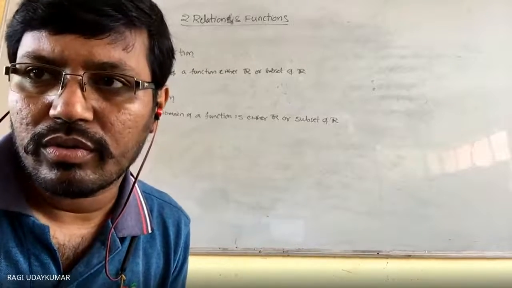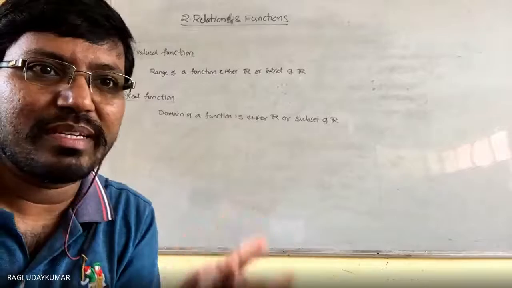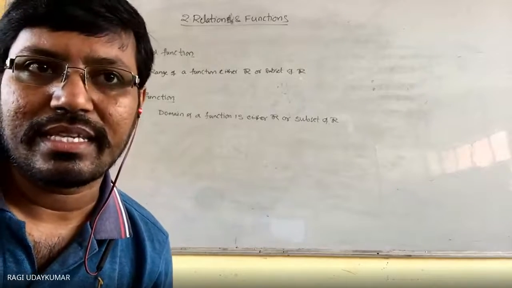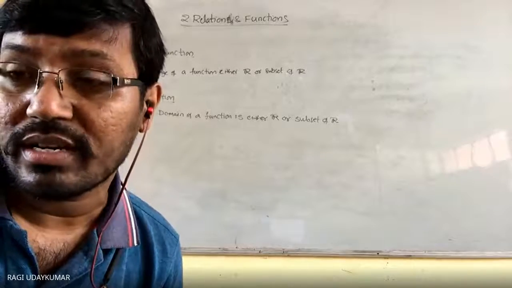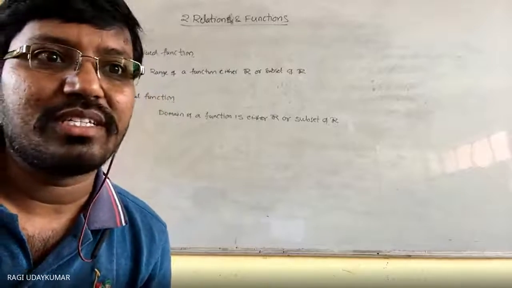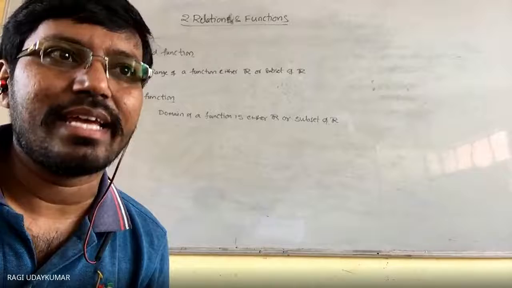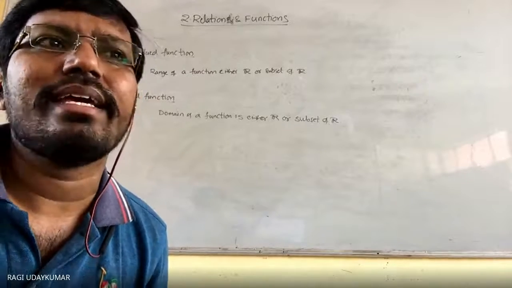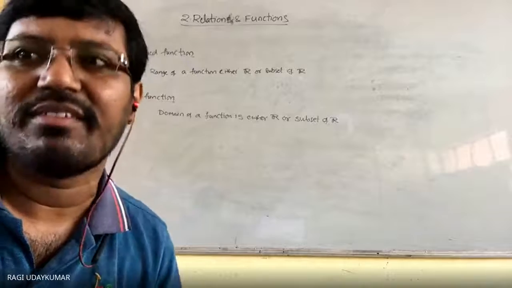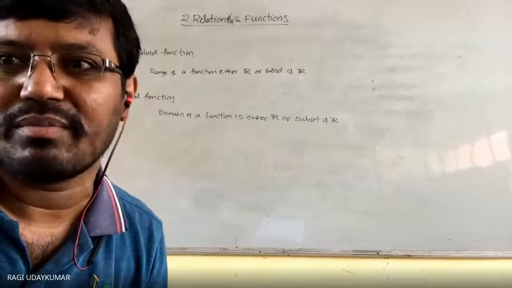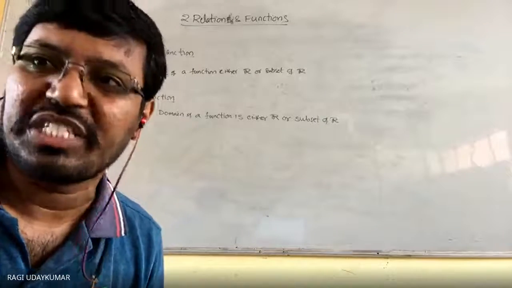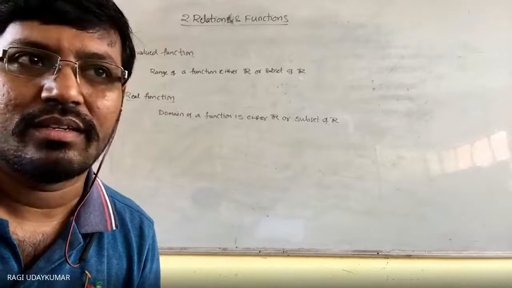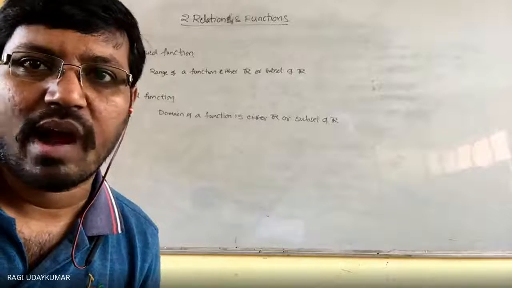Is it clear to you? That complex numbers, that function, if a domain or a codomain, means the domain and range, if you take into consider complex numbers, that functions are not called as real functions, real valued. Now, whatever functions we are going on taking, they are all real functions and real valued functions, because subset of real numbers only we will take. Okay? Is it clear? Yes, sir.